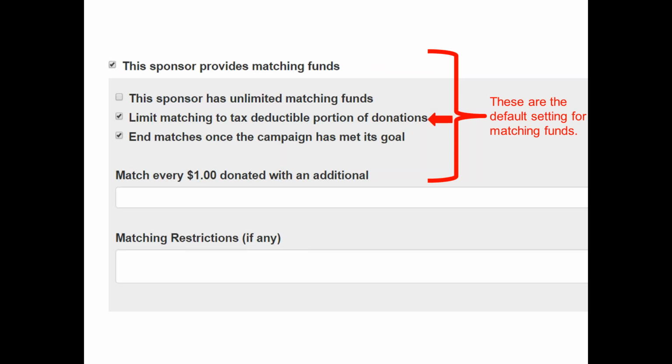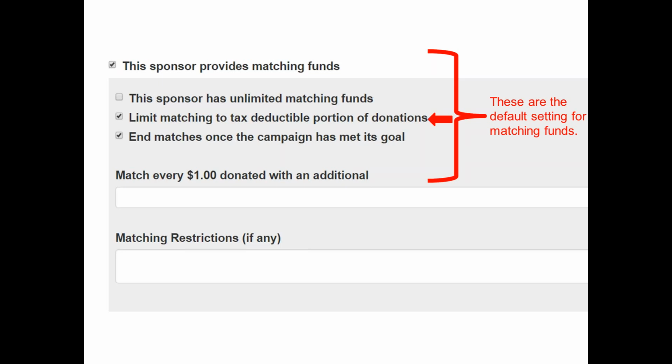And this next one is actually really important. We'll talk a little bit more about this when we start talking about donor benefits. But basically, on the new site, we have the ability for curators to allow fundraisers to have benefits with a market value, which will impact the tax deductibility of donations. And so what this does is basically limits the matching funds to only match the tax deductible portion of an